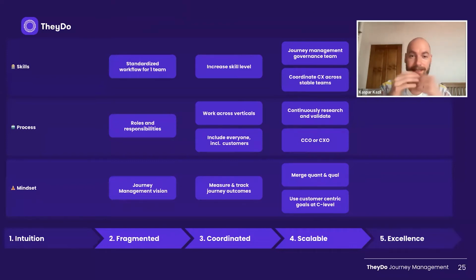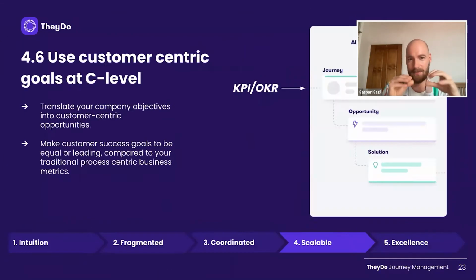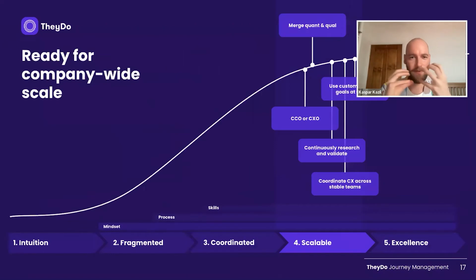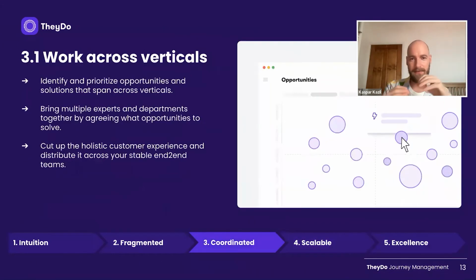First of all, the more clearly you define your opportunities, the easier it will be to score. And one thing that really helps is to also link your opportunities to some solutions already, because opportunities can still be a little bit vague. But once you actually have a list of, this is the opportunity and these types of solutions belong to it, it becomes much easier to imagine what this opportunity actually means.